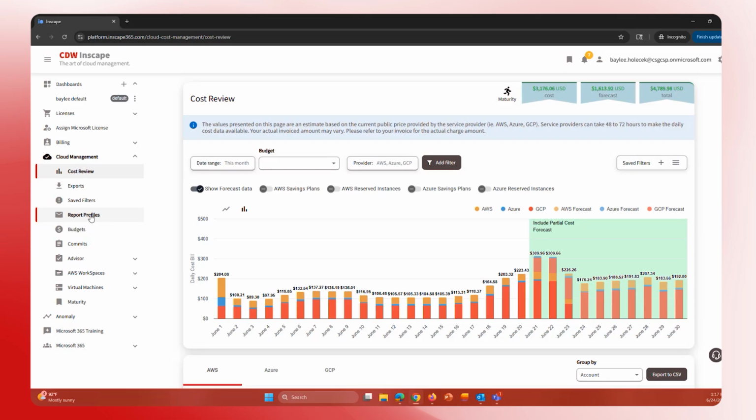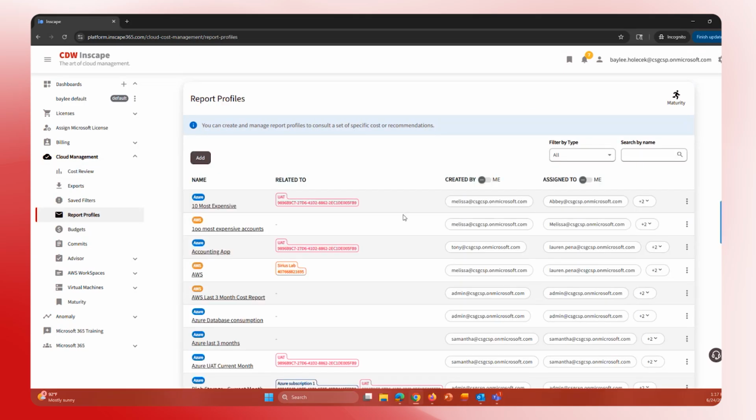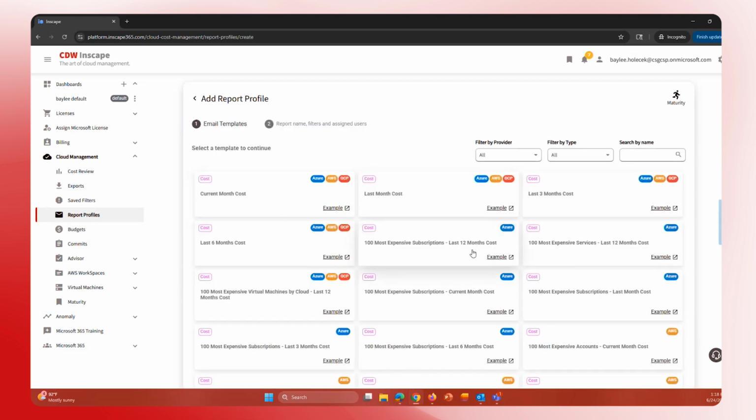All right, wonderful. So moving on to our report profiles next. A lot of the information that we just saw back in the cost review can also be set up to be sent to you automatically via email here in our report profiles. So I'm going to click the add button up at the top,